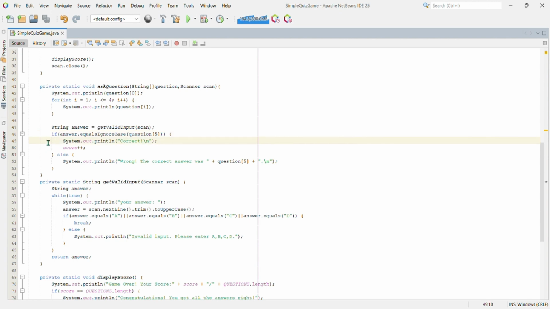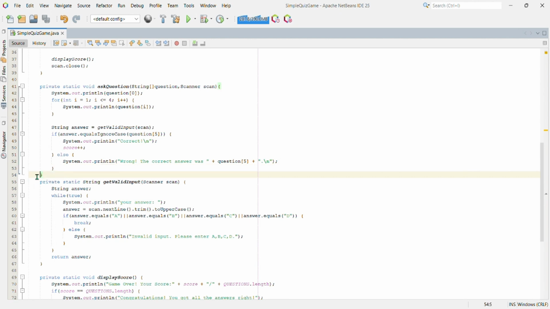If the answer is correct, this line prints a correct message to the console. This line increments the score by 1. If the answer is incorrect, this line executes. This line prints a wrong message to the console along with the correct answer. This line closes the if-else block.